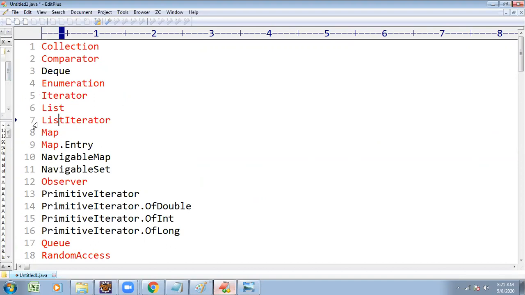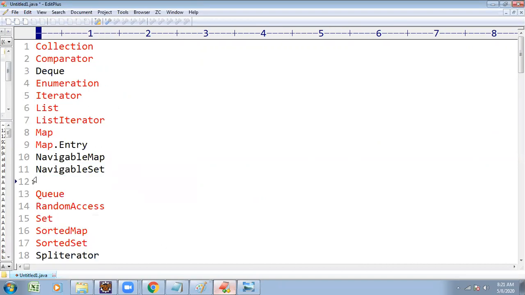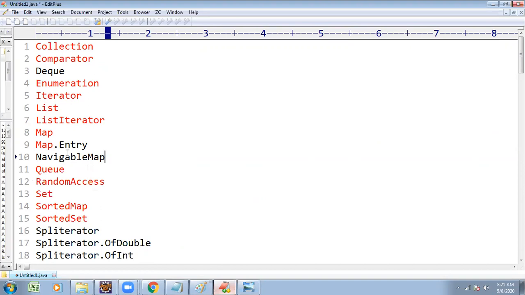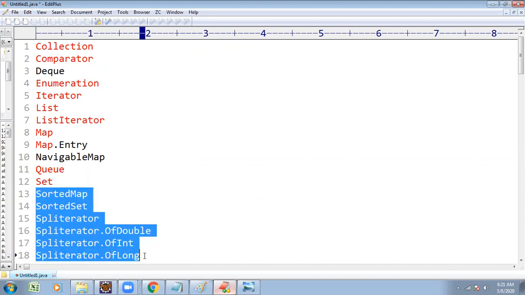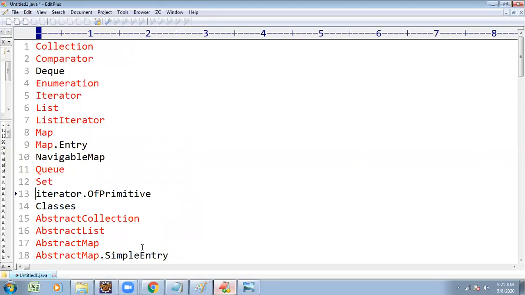Iterator, List, ListIterator, Map, Map.Entry, NavigableMap, NavigableSet, Queue, Set, SortedSet, like n number of interfaces. Some of the important interfaces we are going to cover under this collection.